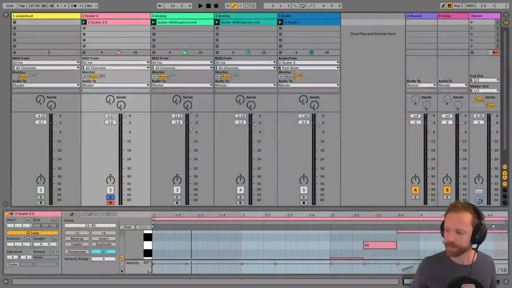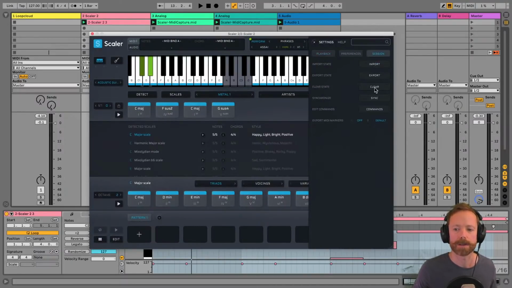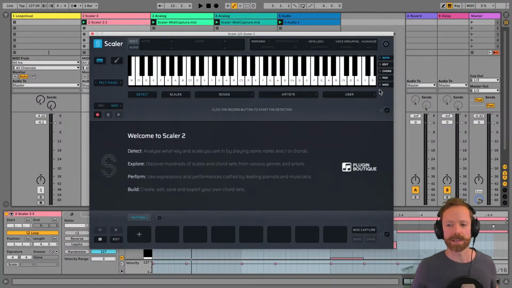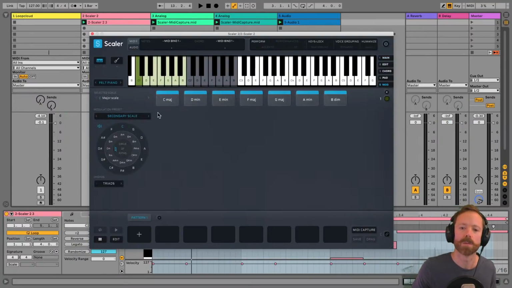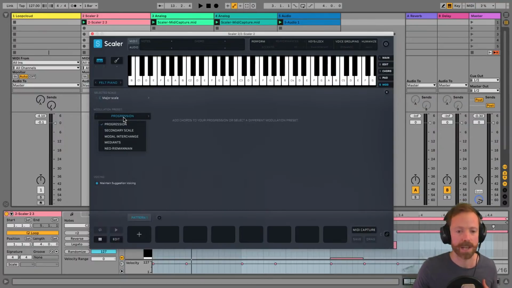All right. So we're going to go back to Scalar then, and once again I'm just going to clear it in the session section of the preferences. The modulation section is what I saw initially, and certainly in earlier versions, as a way of just creating new sections from the original idea. And whilst you can still do that with certainly these first modes, progression being the main one, and I show you how to do that on my Scalar course.